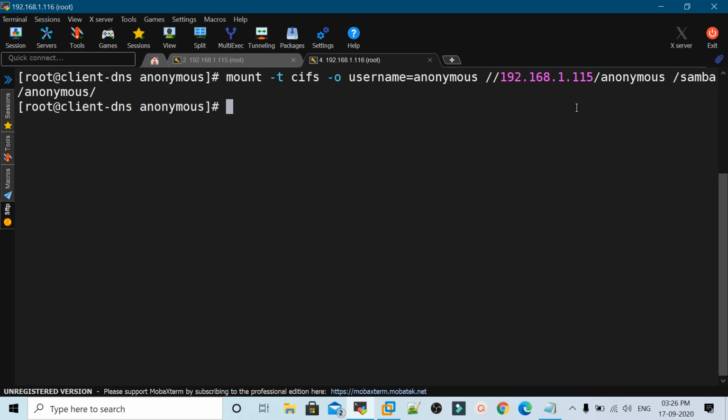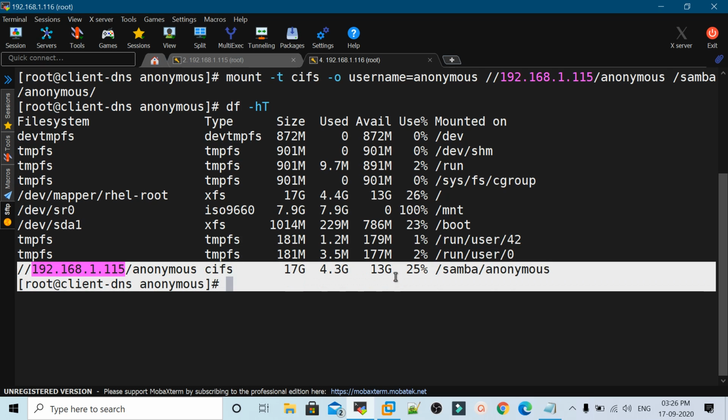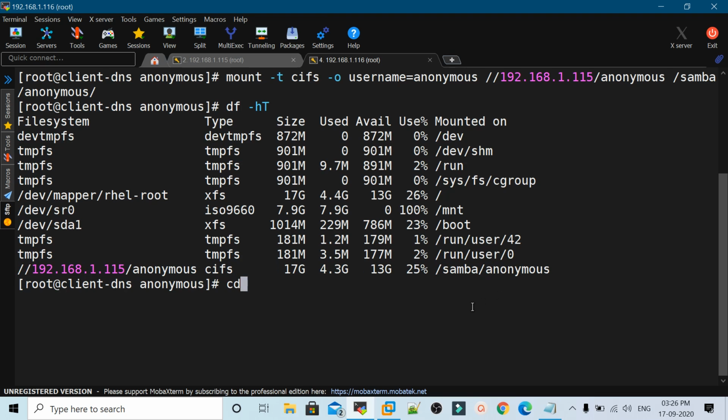Press enter, so it will be mounted on our machine. Here you can see the details of this share. We have successfully mounted it on our /samba/anonymous. Now let's test.